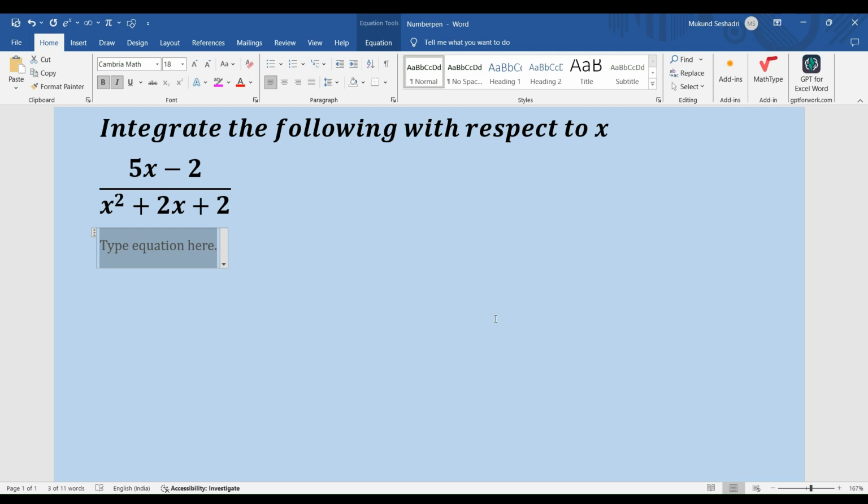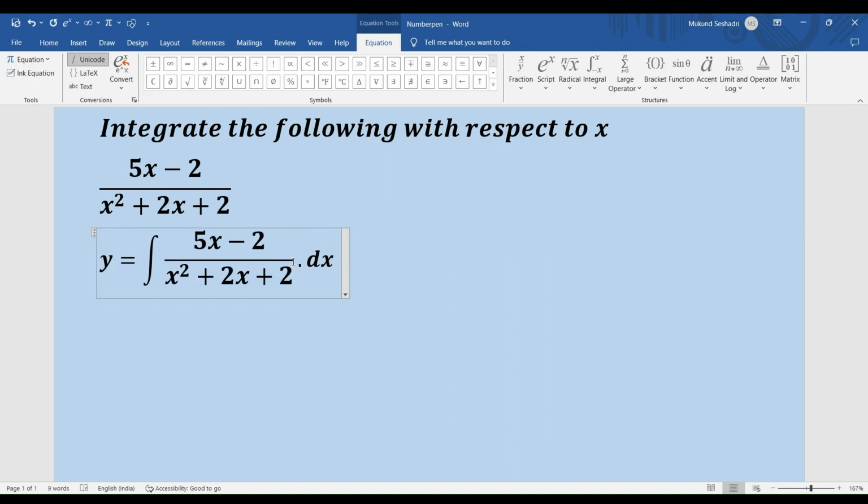So there we have the problem on the screen. Integrate the following with respect to x. We have 5x minus 2 the whole divided by x square plus 2x plus 2, right? So what we've been given is dy by dx and we've been asked to find y. My y is nothing but integral of the given expression. So let's write down what our y is. That's my y, integral of 5x minus 2 the whole divided by x square plus 2x plus 2 times dx,